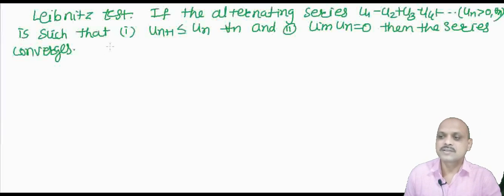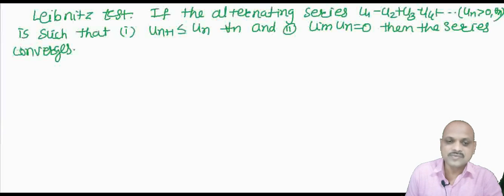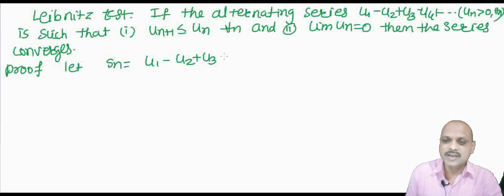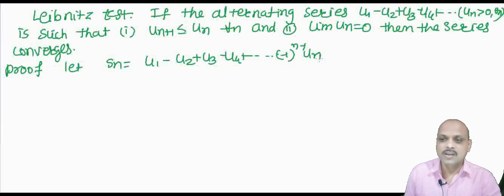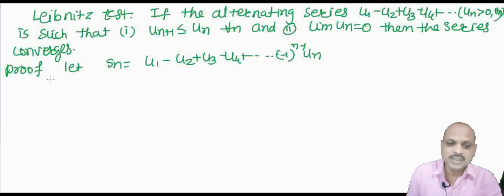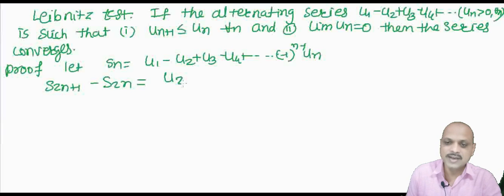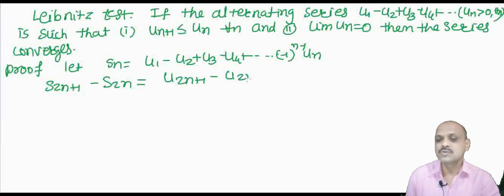Here there are two conditions. The first is un+1 less than or equal to un, and the second is the limit of un equal to 0. So let us take the partial sum and see the proof. Let Sn equal u1 minus u2 plus u3 minus u4 plus up to (minus 1) raised to n minus 1 into un. This is the sequence of partial sums of the series. Now for all n we have S2n+1 minus S2n,